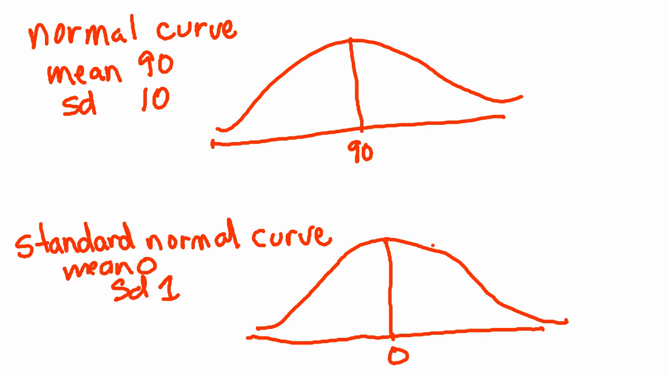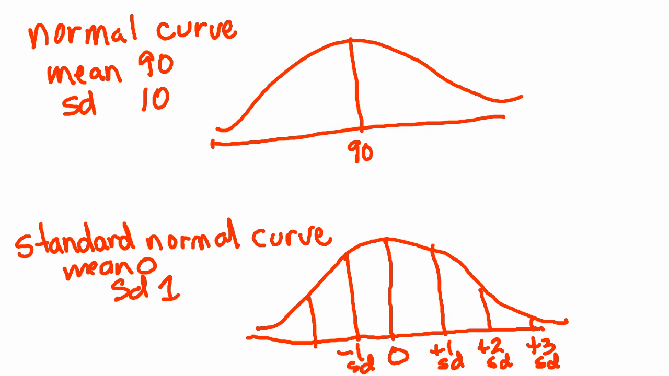So if we move over by 1 standard deviation, we go +1 to the right, then it's +2, then it's +3. And if we go to the left, it's -1, -2, -3. We don't really go beyond 3 because if you remember the empirical rule,